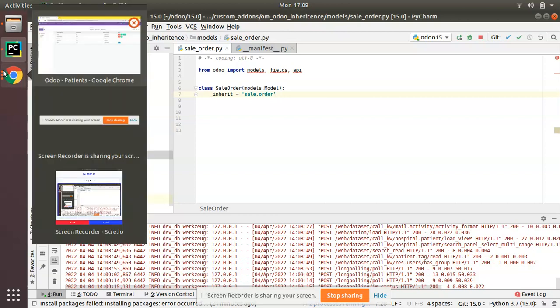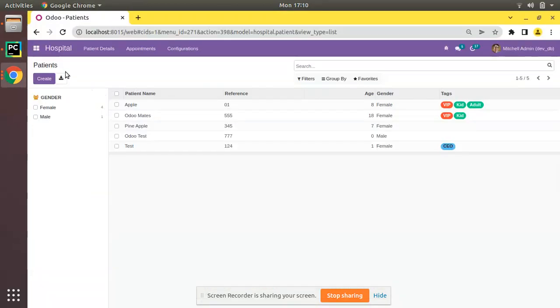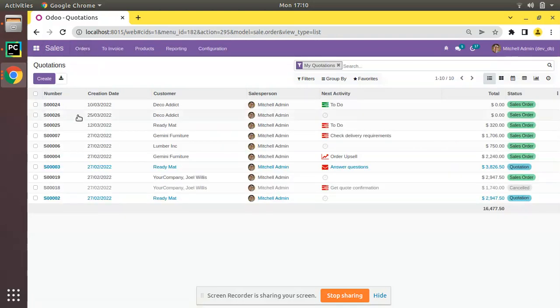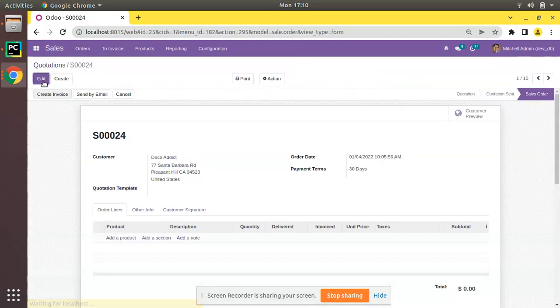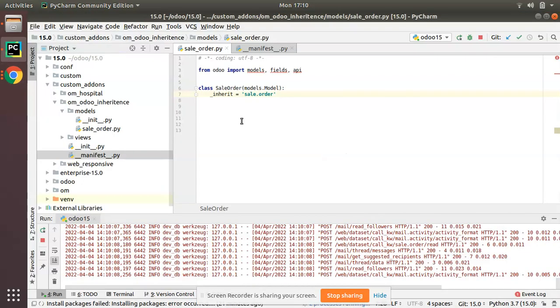If I go to the UI, here we have Odoo 15, and if I go to the Sales menu, here we have Quotations. If I open a quotation, you can see we have lots of fields. We will be adding a new field, just to record who confirmed it, a many2one field inside this model. So I'll go to PyCharm, and here I will be adding a new field,